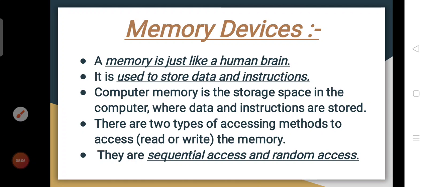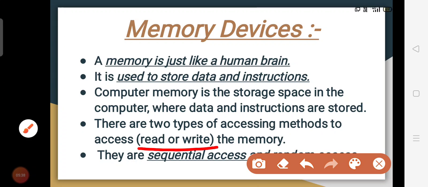What about the random access? If I want to question a student, I can call any student, that is called random selection. I can call any student, it won't be in any order. If a student wants to ask questions, any person can ask questions. There is no order in that. That is called random access. And then you can perform two types of operations, the read and then the write. You can read from the memory, and as well you can write the content into the memory.